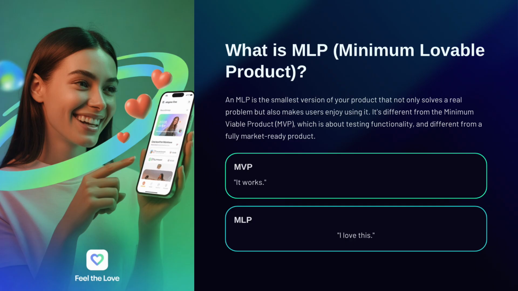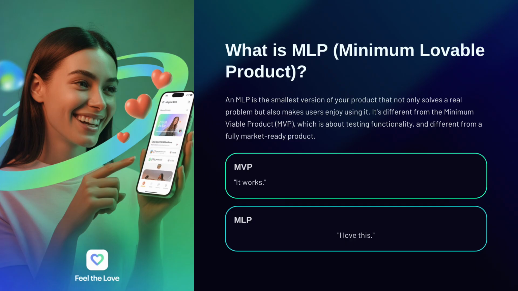Today, we're doing a deep dive into an idea that really tries to bridge that gap, the minimum lovable product, or MLP. We've got some really interesting sources that unpack what it is, why it's so critical these days, and maybe most importantly, how you can actually apply its principles in your own work. Our mission here is to help you understand how to move beyond just making something work to creating something people really cherish right from the very beginning. So get ready. We're going to explore how a bit of deliberate delight can make all the difference.